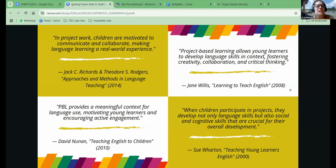It provides meaningful context for language use, motivating learners, and encouraging active engagement. So it can make things a little bit more exciting than the typical day-to-day textbook work, especially if you're preparing students for tests and exams, or you have finished tests and exams. It's a great way of doing something a little bit more fun, or helping learners to review content in a